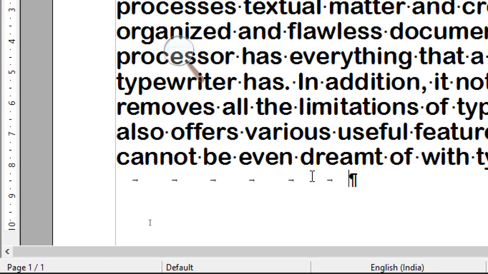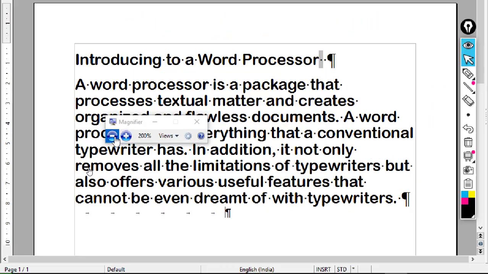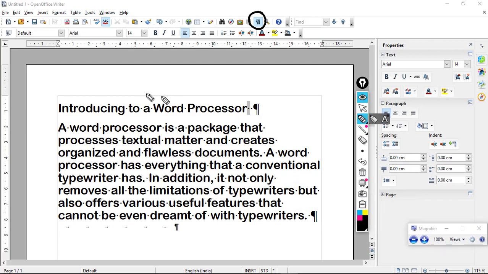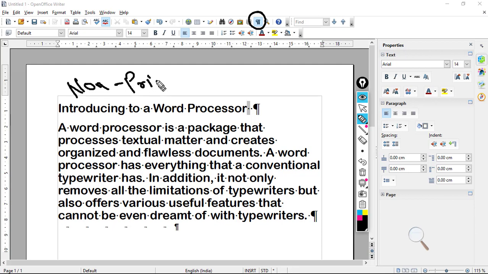So this will show various kinds of characters in your display to represent spaces, markers and line breaks, and this feature is termed non-printing characters. These are termed non-printing characters just because they will not be printed when you print your document. Now let's discuss one more feature,